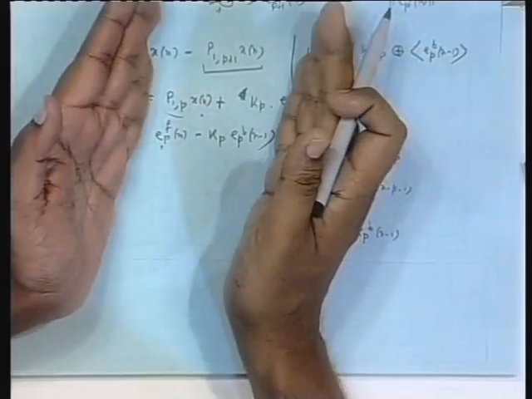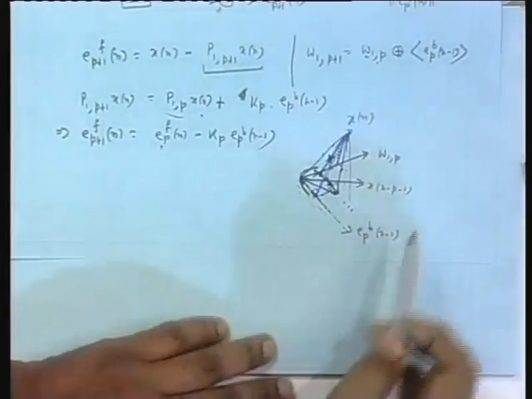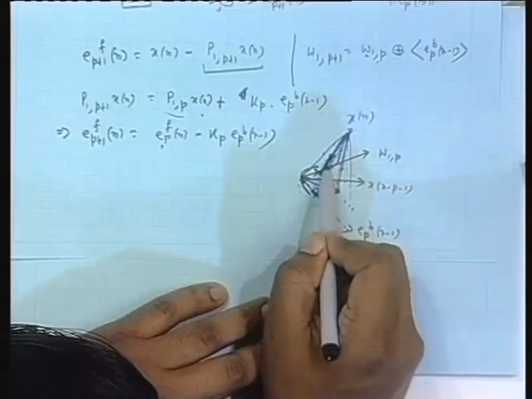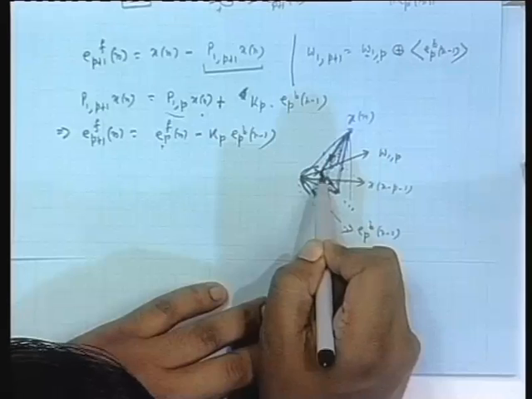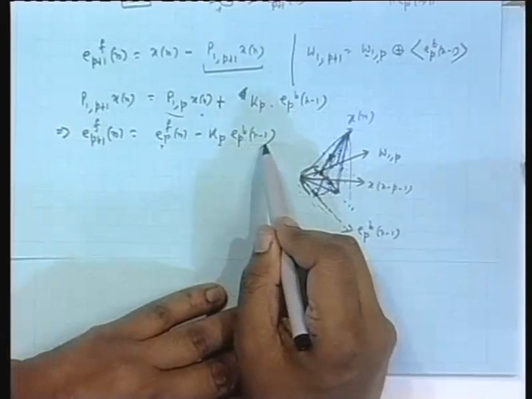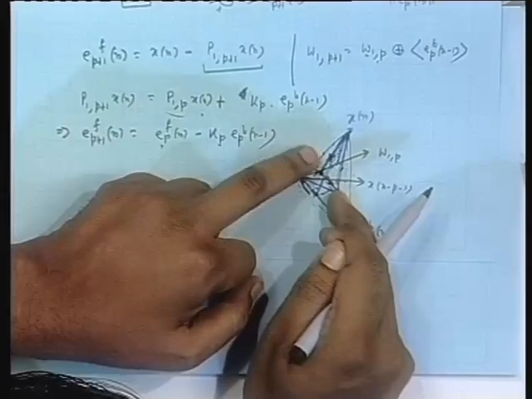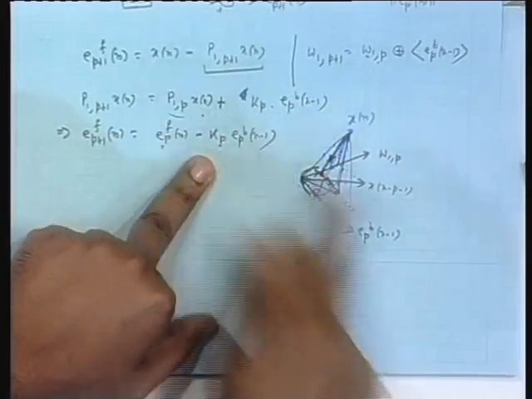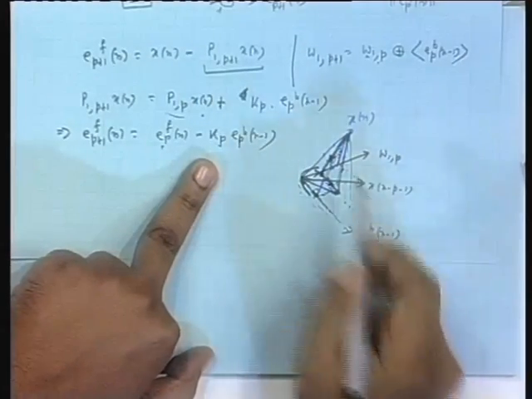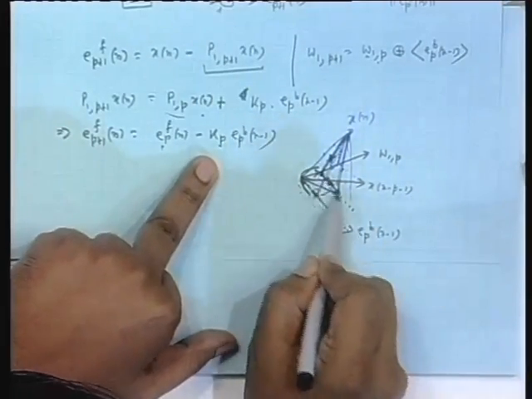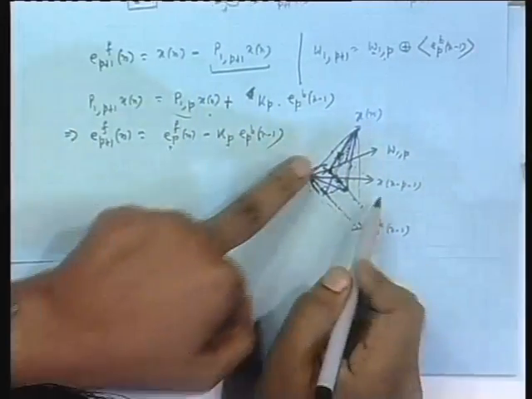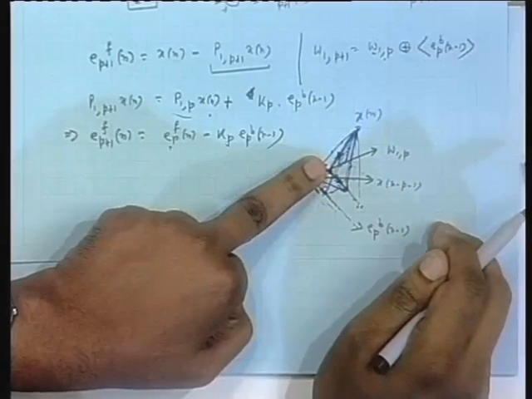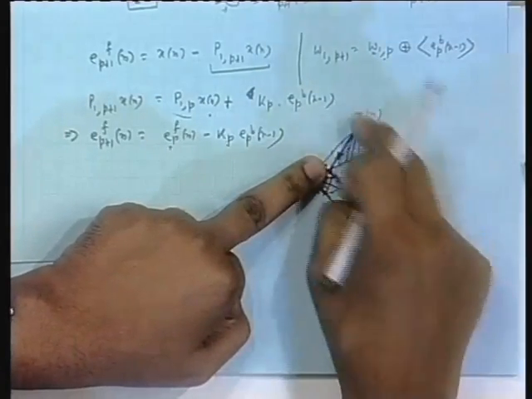This algebraically I can always show, but I don't like that. You should see the geometrical meaning. This projection error is nothing but this fellow, which is EPFN, minus this fellow, which is Kp EPB n minus 1. This is exactly this much when this coefficient is Kp, but suppose instead of Kp, I make it just some arbitrary k times EPB n minus 1. That means I am sliding along this axis, and instead of this, sometimes if I take some k for which this much k into EPBN minus 1 is this much, then the error will become this, and so on and so forth. And as I deviate further and further this way, the norm square of the error vector obviously will increase.